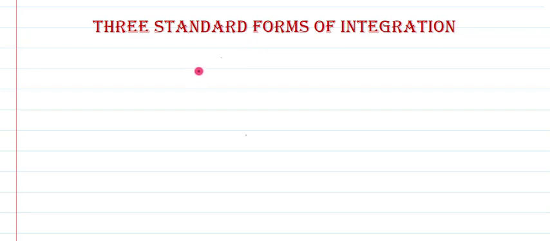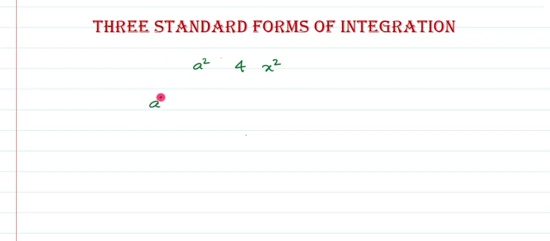In these three standard forms, we are just going to rearrange the two terms, that is a square and x square, by taking square root sign on them. So just think, how can we arrange this a square and x square by using the sign of addition or subtraction between them and taking square root sign on them in the numerator. So these are the three ways.